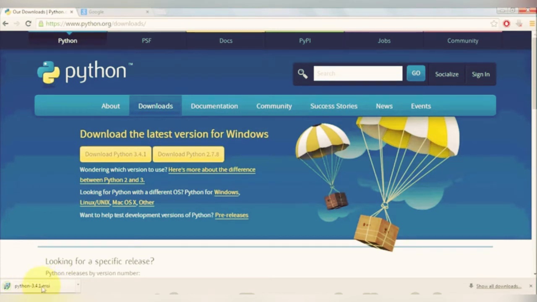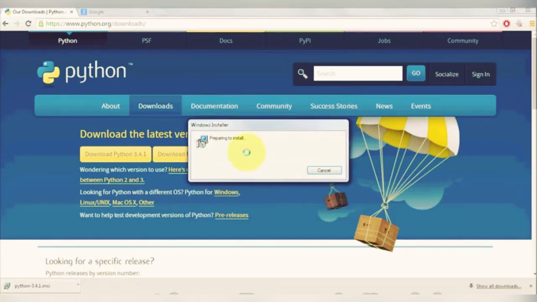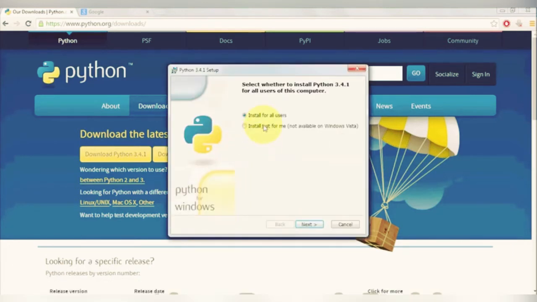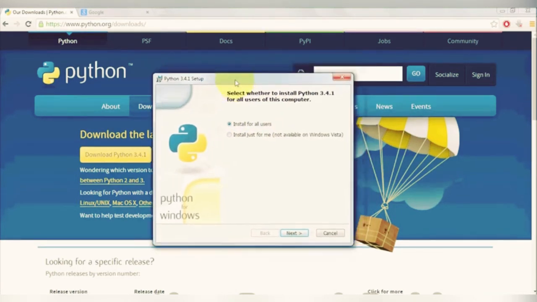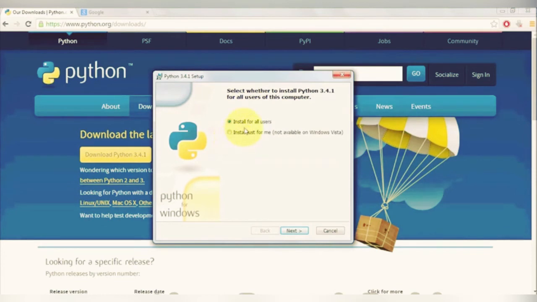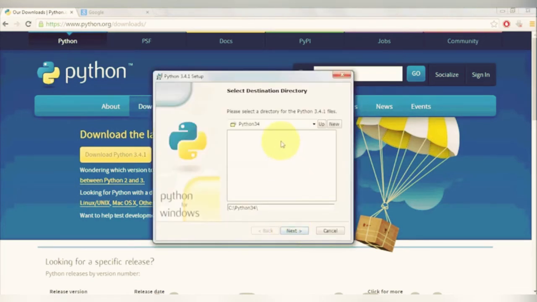So now the download is complete. I will just run this, and it's preparing to install. And this is the first option, the Python setup wizard you will be able to see. For now I just want to use install for all users, and I will click next. And in here, this is the default location where Python will be installed, and this is the name of the folder because it's version 3.4. So the folder name will be Python 3.4. Okay, just click next,